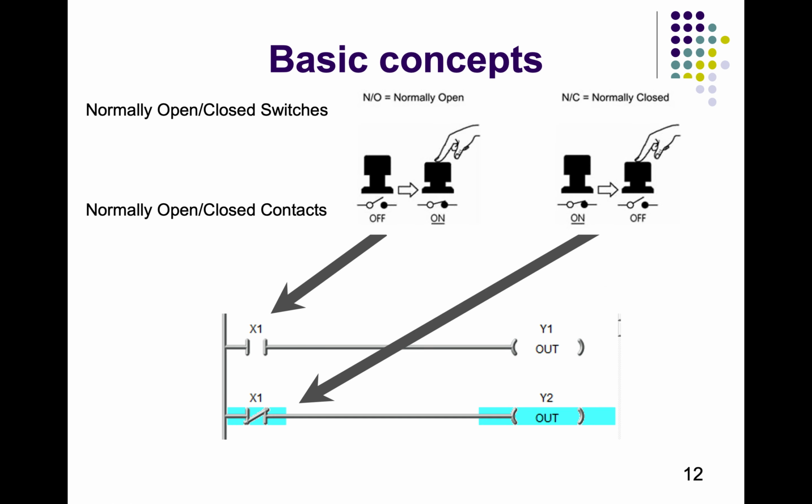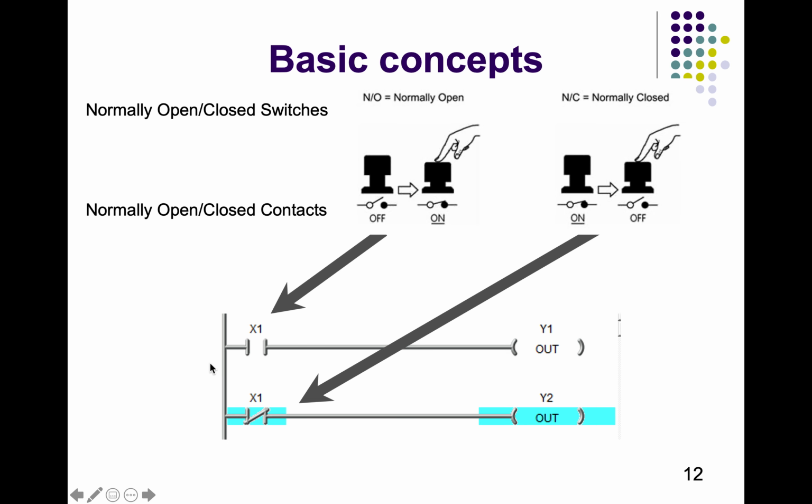Now we will go through some basic concepts you need to know. A contact can be normally open or it can be normally closed. In a normally open contact, it works like how I explained before. When our switch is turned off, the power is not going from the contact side to the coil side, or power source to the power return. But if we use a not option of this, whenever X1 is not powered on or the switch is not powered on, we can send the power to the output. That is known as the normally closed condition.